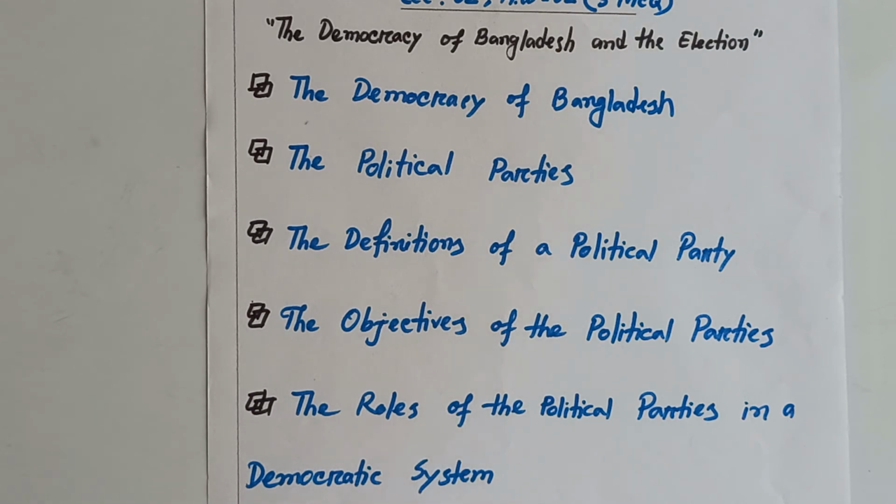Number 6, the opposition helps keep the parliament active by initiating debate, criticizing the policies of the government, raising pending proposals and expressing opinions on different issues. This is one of the most important roles of political parties, especially opposition parties. It is often said that for a democratic government there must be a strong opponent. That means there must be an opposition or several opposition parties in a democratic system, because the opposition party